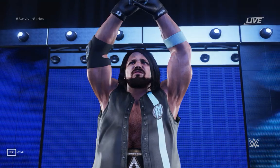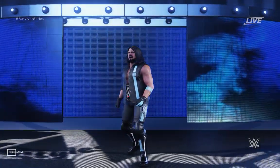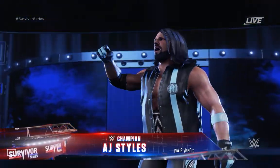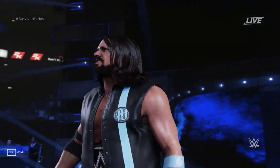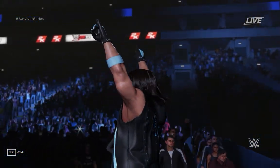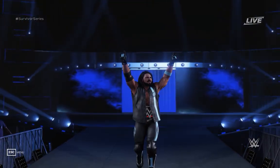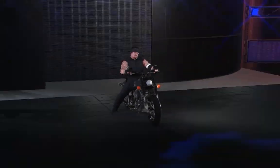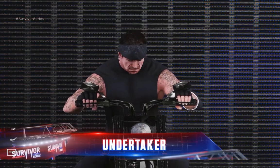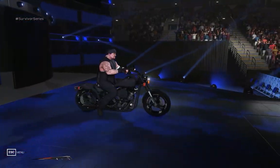But since he's been here, AJ Styles has lived up to the moniker phenomenal. Is a steel cage match. Making his way to the ring from Gainesville, Georgia, weighing in at 218 pounds, AJ Styles, and from Death Valley, weighing in at 330 pounds, The